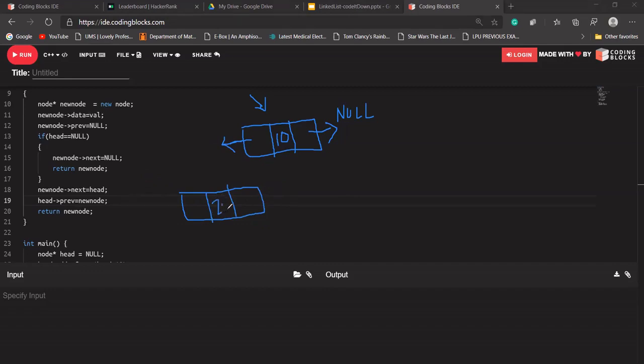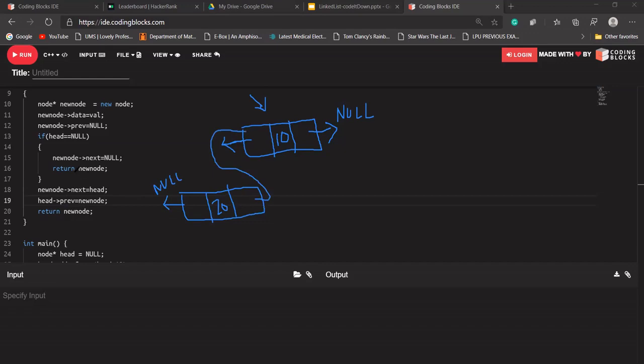Its previous part should point to a null value. Till now our head is pointing to 10 only, because 10 is being passed to the add at front function. The 13th line will check head is equal to null. No, head is not equal to null, because head is pointing to some value. So this condition will not be satisfied. So when the 18th line is executed, new node's next will point to head.